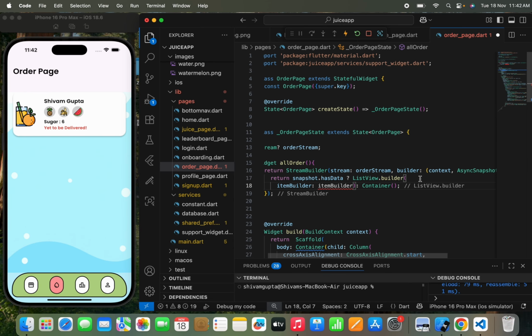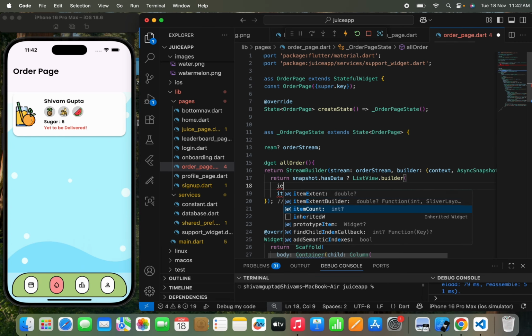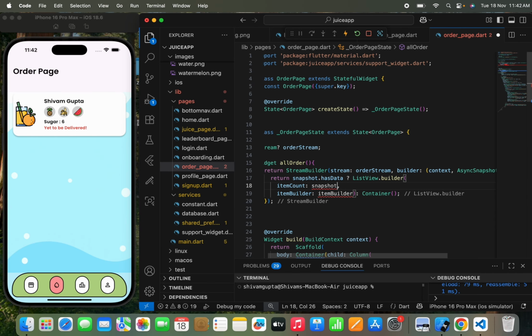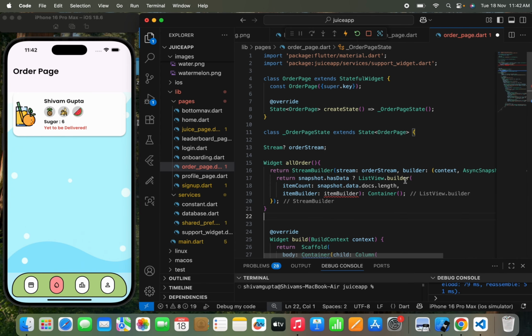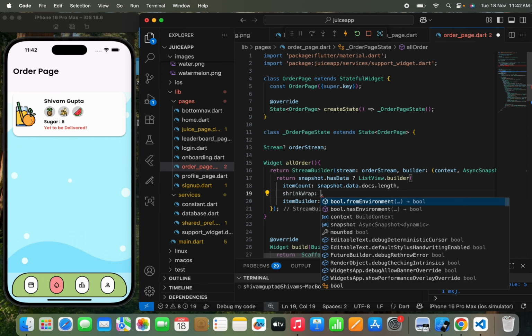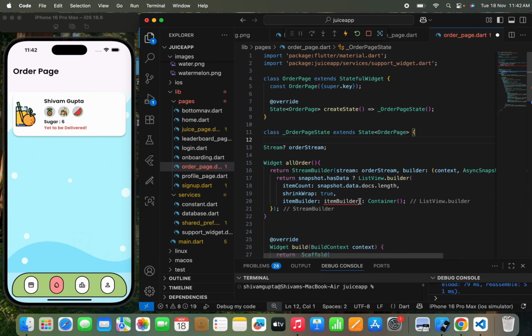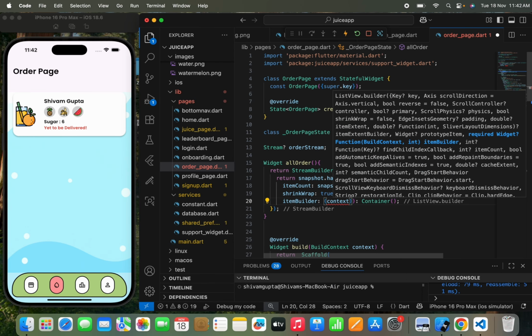Now here I'm going to first pass an item count. In the item count I need to first write snapshot dot data dot docs dot, and we need to get the length. So we need to get how many documents the respective collection has in our item count, so that we can reach each document one by one from our collection, right? Now here I just need to first pass a shrink wrap and just pass true. In the item builder, I need to first write a context, index,